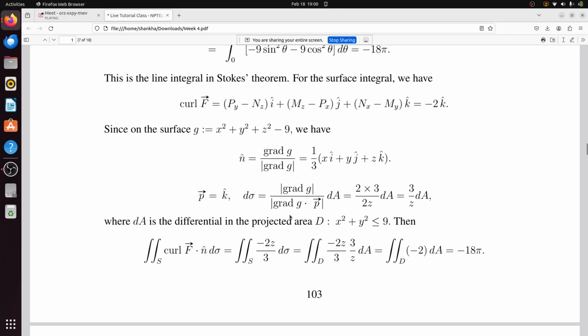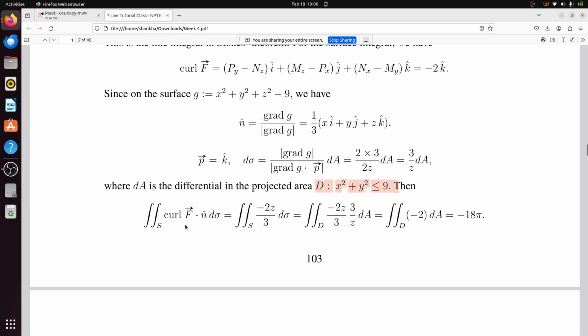You take grad g by grad g dot p, dA, and you will get 3 by z dA, where dA is the differential in the projected area. Then you compute curl of F dot n d sigma, minus 2z times 3 by z dA. This z will cancel, so you will get minus 2 dA, and dA is